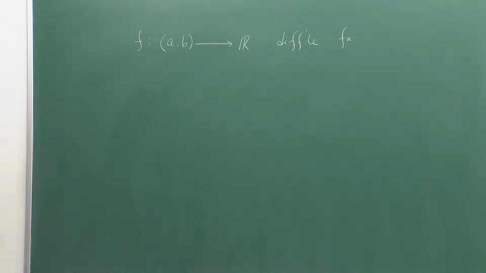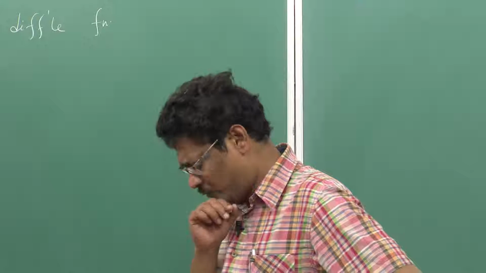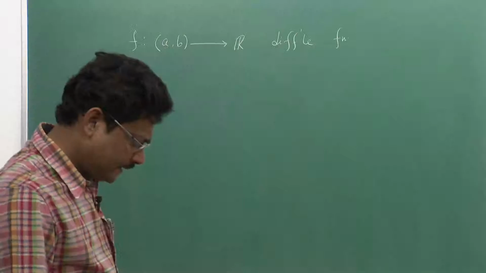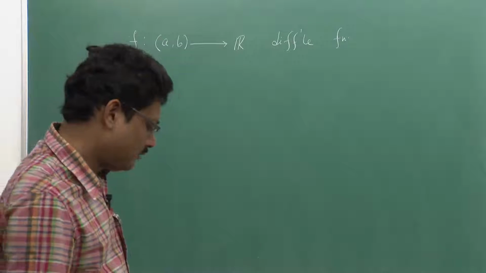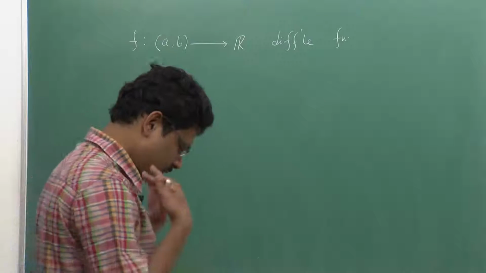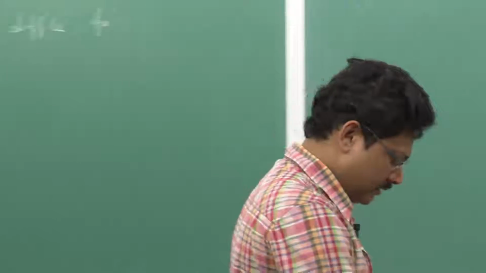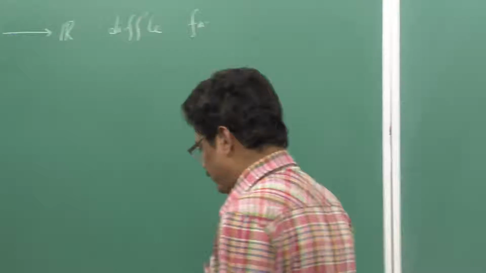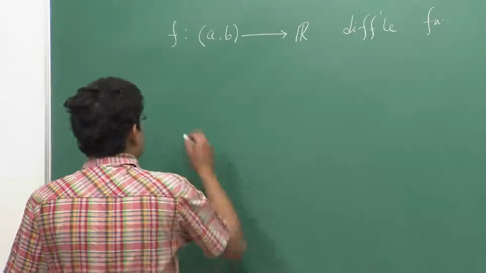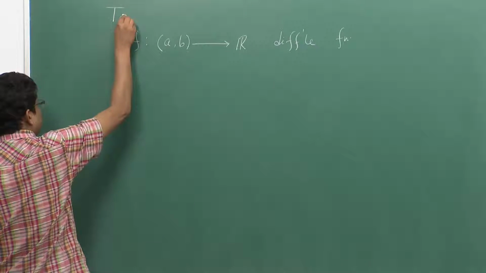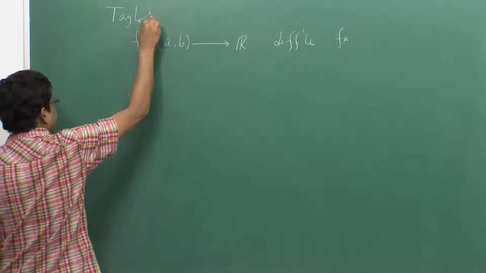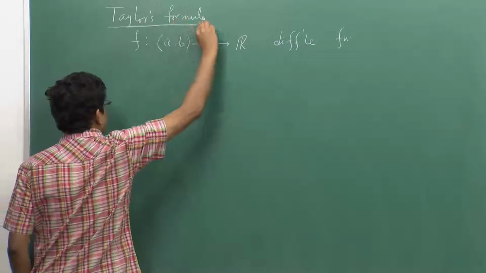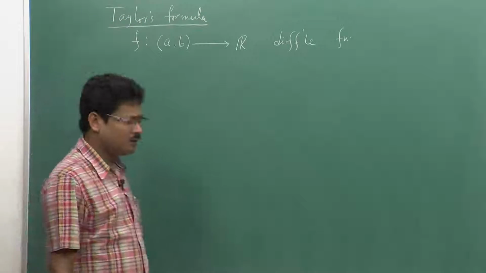So, you know that there is one beautiful theorem which is called Taylor's formula, and one can motivate this maxima minima problem in many ways, but the explanation for this comes more beautifully if you understand the Taylor's formula. So, today let us concentrate on this pretty beautiful theorem which is called Taylor's formula. We will discuss a several variable part of it, but let us recall